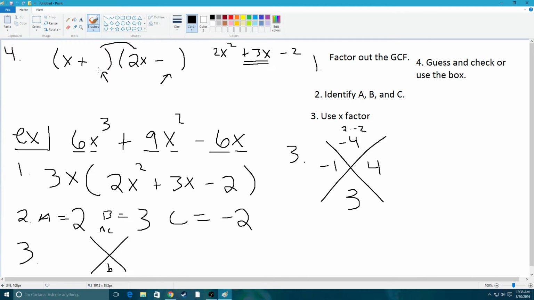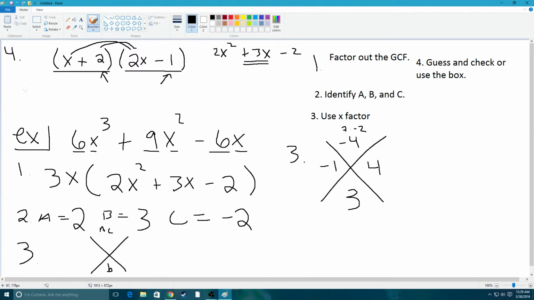And now we got to do a little bit more thinking. 2 times 2 would give us the 4. And x times -1 would give us that -1 that we're looking for. And this would be our guess and check. Okay, so you got to make sure that you distribute this back out and see if it works. So if you distribute this out,